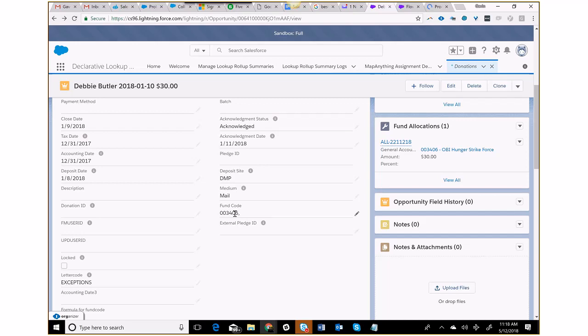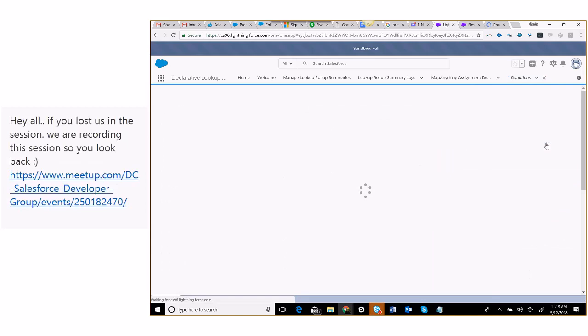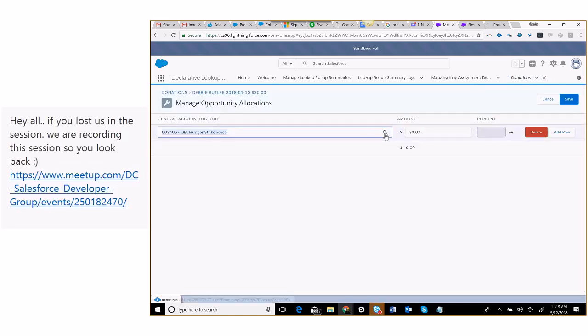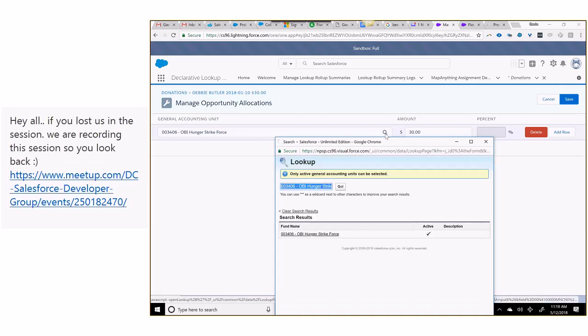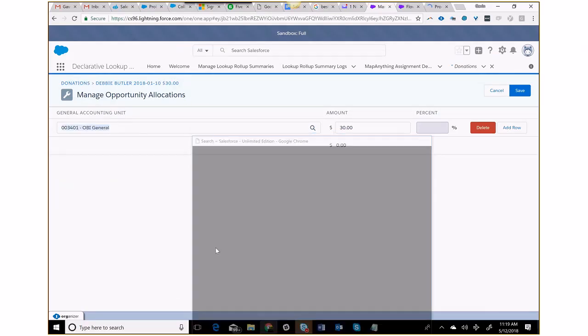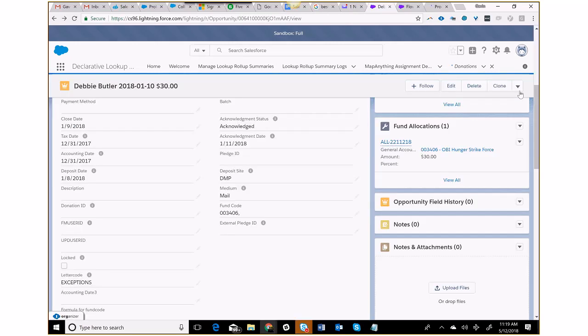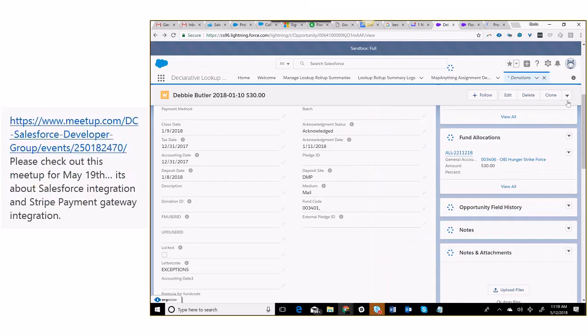Great, I tested it, it's working, so if you guys missed it, I'm going to re-demo this. The fund code is 3406, and here's its lookup. This lookup is going down to a child, but it's not a detail, it's an actual lookup relationship. We change this from the Hunger Strike Force project, which is 3406, to just a general Operation Blessing International fund, and hit save. The moment this changes to 3401, bam, in real time the donation record also changed to 3401, and all this was possible by